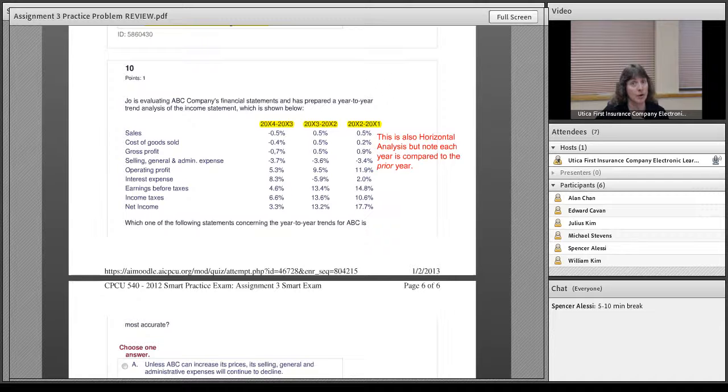over time. You might look at this and say, well, it's the same, but it's not the same. It's still growing. If this number was compared to the base year, it would be a different number. See the difference? And the other thing you have to watch out is what order the columns are. Sometimes they put the most recent year to the left and